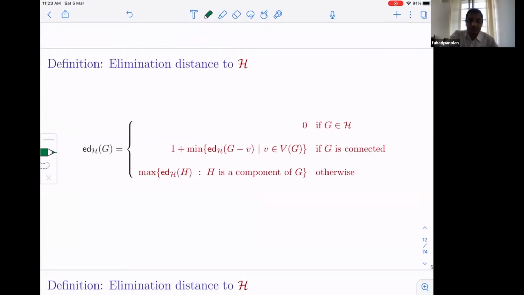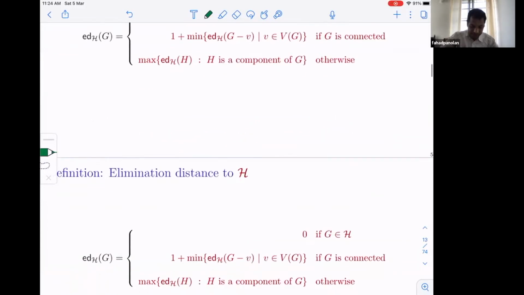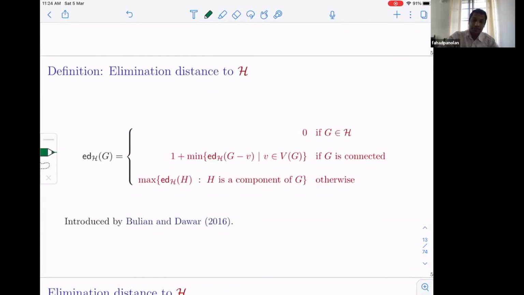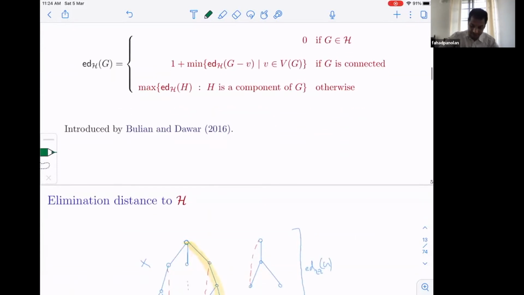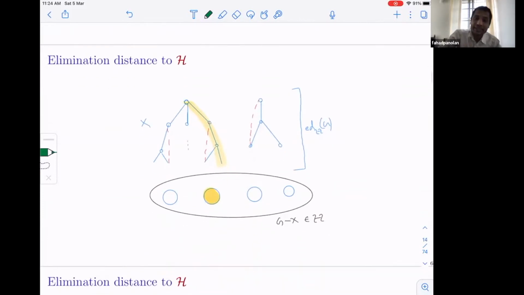So how do we define it recursively? It is exactly the same way as tree depth, but here in the first case you will have 0 if G belongs to H. Otherwise it is the same way: 1 plus the minimum over the elimination distance of G minus V if G is connected, where the minimum is over V, otherwise the maximum among the components, if G is not connected. And I mentioned that this was introduced by Bulian and Dawar in 2016, and again